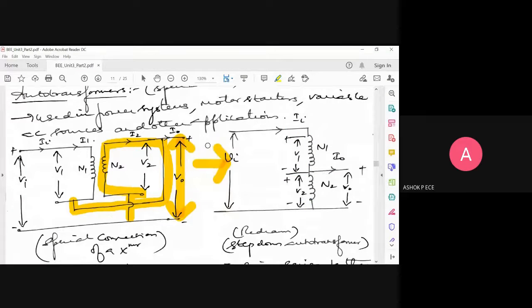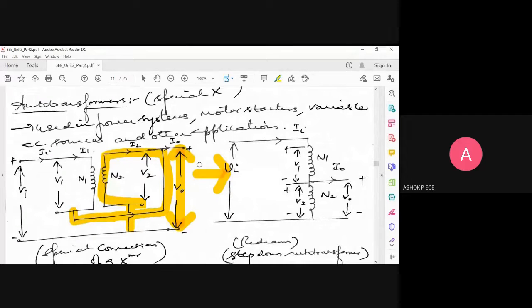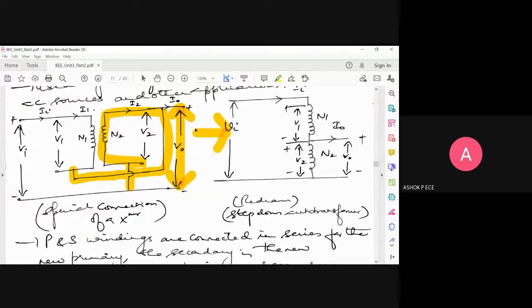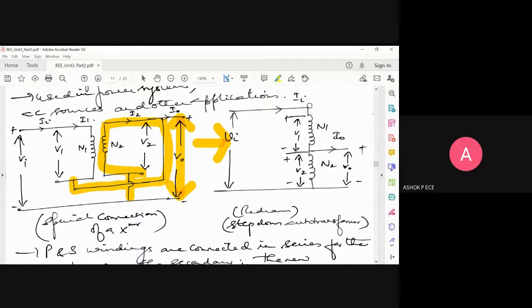So the main difference between normal transformer and auto transformer is, in a normal conventional transformer, primary and secondary are isolated. They are present on different sides of the core. But in auto transformer, primary and secondary are connected in series, or they are connected back to back. That is the major difference. And in normal transformer, primary and secondary are isolated, but in auto transformer, the current flowing through primary will in turn flow through secondary, so they are not isolated. In normal transformer, primary and secondary are coupled by magnetic flux, but here the same current flowing through the primary will also flow through your secondary. This arrangement is called an auto transformer.